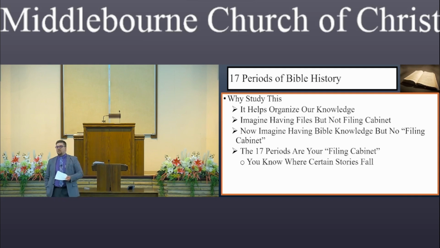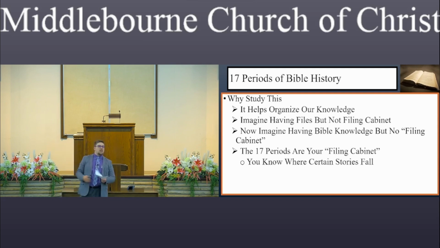And then after this, part of that whole 3-cycle approach that Brother Waldron has, you actually go into more detail after that. You start by learning the 17 periods. So we're going to have them with all the scriptures. My advice is, if you want to learn them, I would learn them without the scriptures first. So just learn creation and pre-flood, the flood, scattering of the people, patriarchs, Exodus, wandering in the wilderness, and go down the line of the 17. Then, after you're confident in that, go back, and that's when you add in the scriptures. Now, not only do I know that the first period is creation and pre-flood, I know it's Genesis 1 to 5.